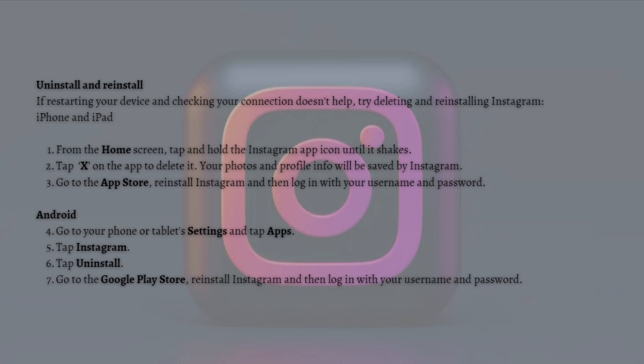So for iPhone or iPad, just do that from the home screen and tap and hold the Instagram app icon until it shakes, and then just tap onto the X icon on the app to delete it, and your photos and profile info will be saved by Instagram. And then after that, just go to the App Store, reinstall Instagram, and then log in with your username and password. And for Android, you can do that